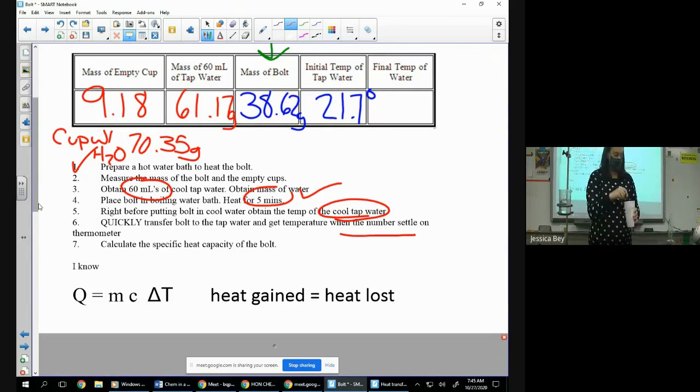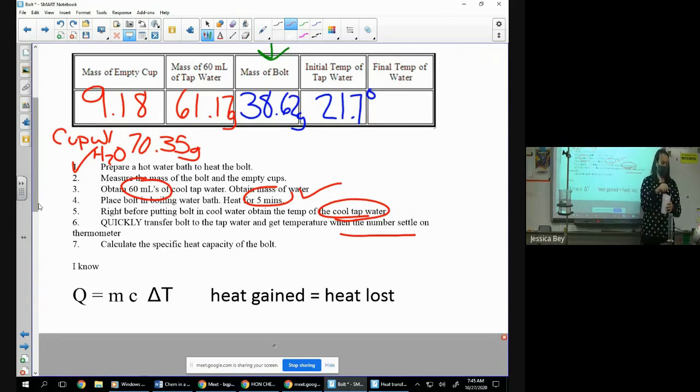What is it going to do to the temperature of the water if it's a hot bolt in cool water? It's going to make the temperature of the water go up. Very good. So we're looking at, beautiful, let it settle, let it transfer all of its heat. All right, we'll call it 27.0. Okay,